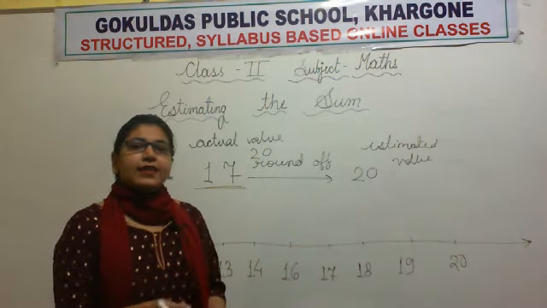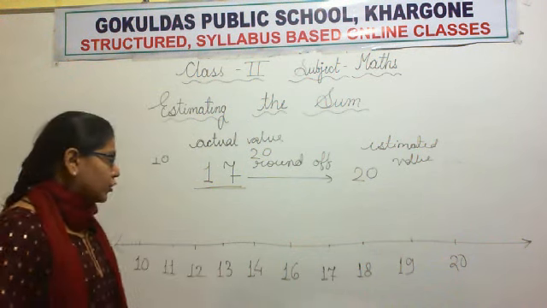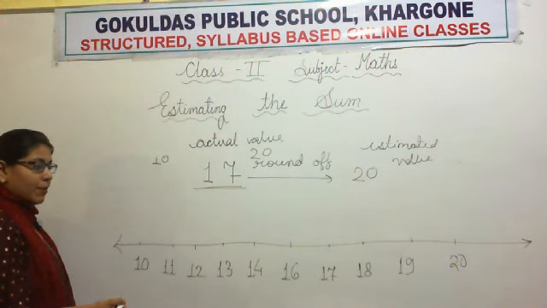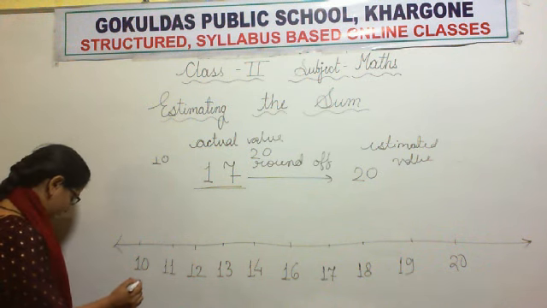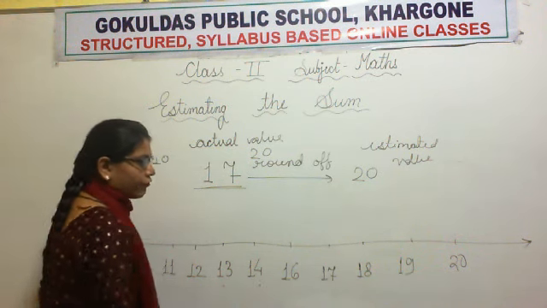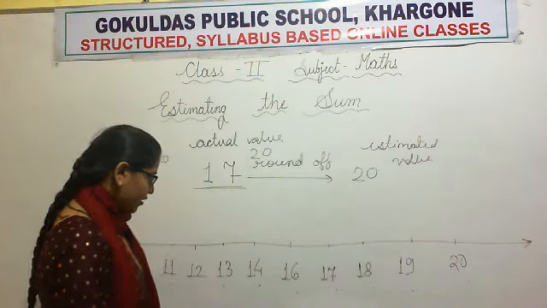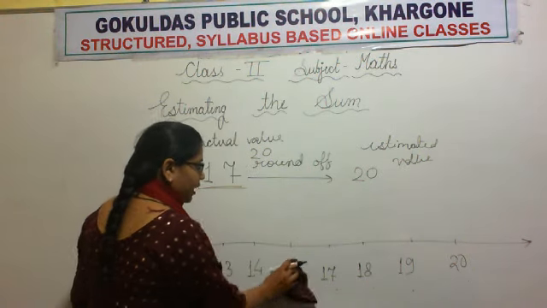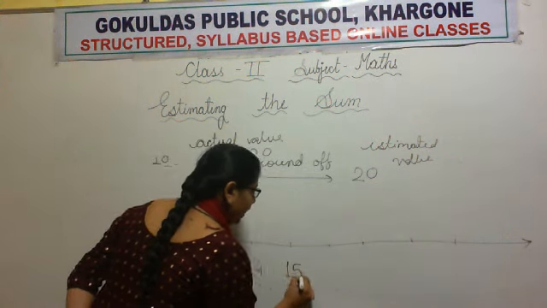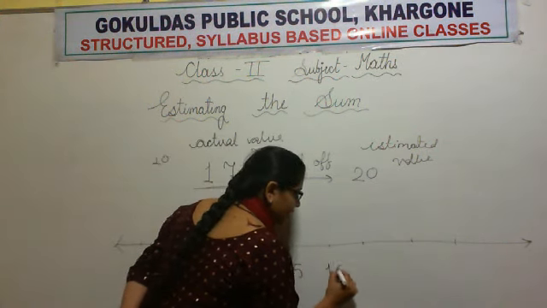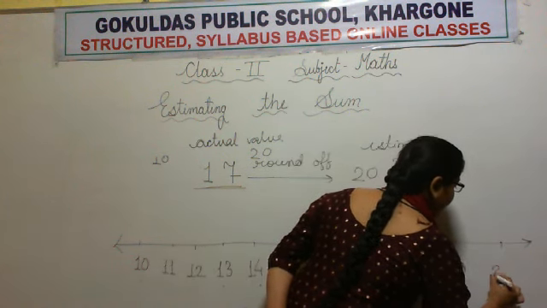Now what next? Yes, we will find out the halfway mark. So how do we find the halfway mark? We count 5 numbers from the left side. Let's count 1, 2, 3, 4, 5. Now from the right side, 1, 2, 3, 4, 5. Sorry, I forgot to write 15. Sorry all of you. What comes after 14 is 15, 16, 17, 18, 19 and the number 20.